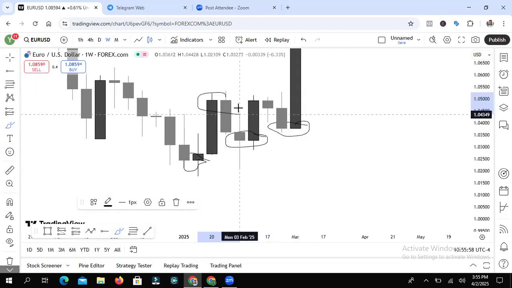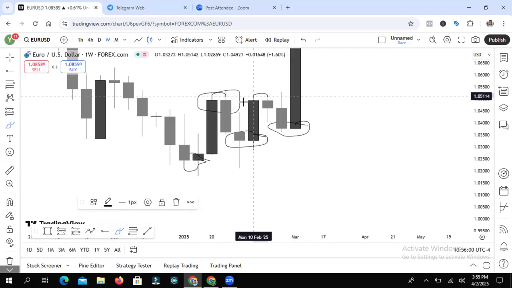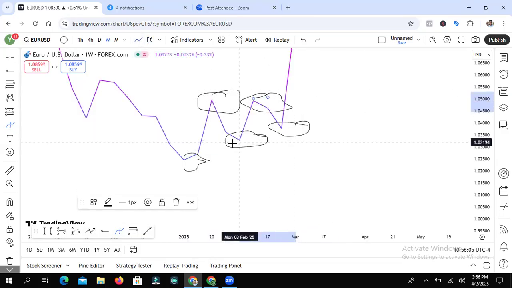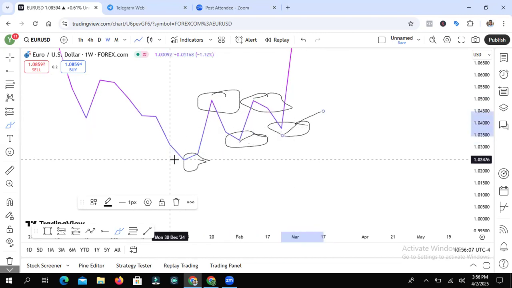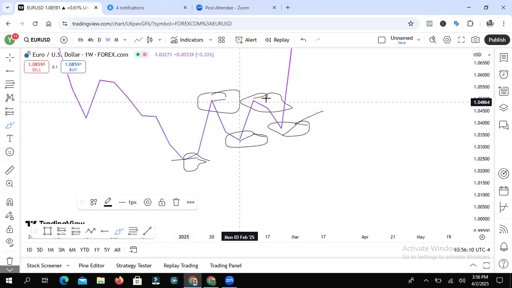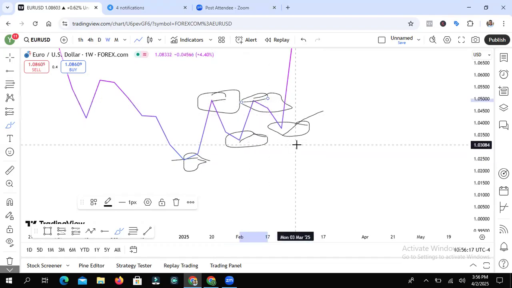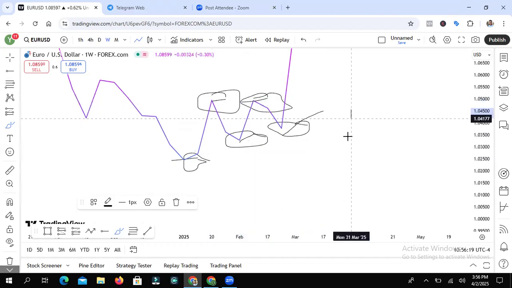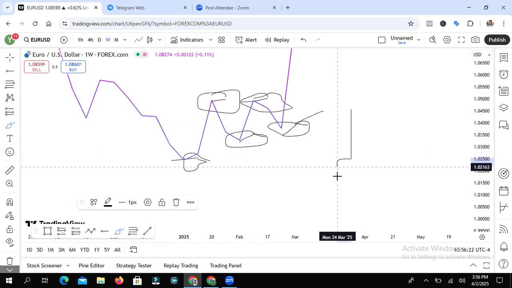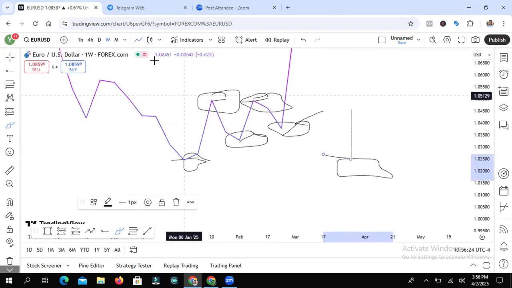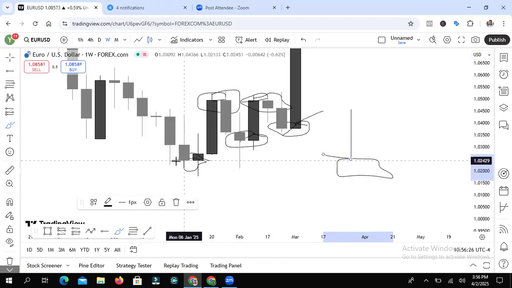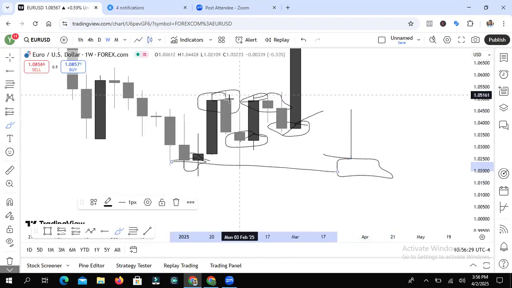This one right here is an A-shaped key level. This one right here is an A-shaped key level. If you turn on the line chart, you will see it. You can see V-shape, V-shape, V-shape, A-shape, A-shape. All of these can be used to look for selling opportunities and buying opportunities. But like I said, you want to look for the one that got rejected. You need the one that got rejected. You understand? So if you turn on the candles again, this is the one that got rejected right here. All of these ones, there was no candle rejection.